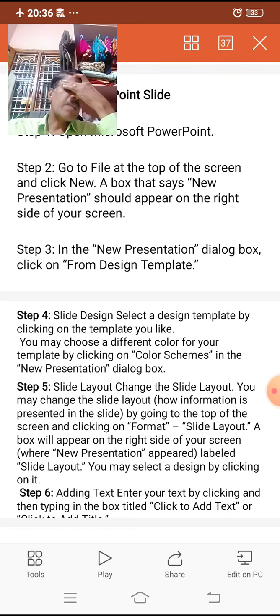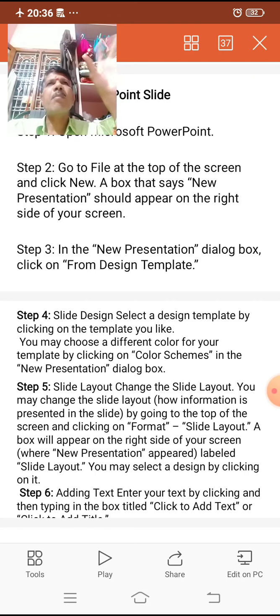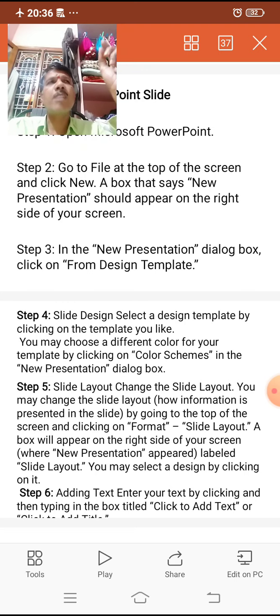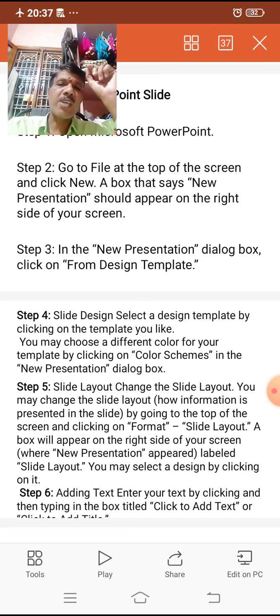Different types of slide layouts are there. That may be a blank, that may be subtitles, that may be an image part, that may be different types of columns, which is suitable for your information, for your content on a particular slide. Such layouts can be selected by the user as a part of the slide layout.